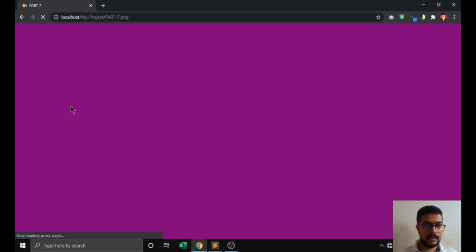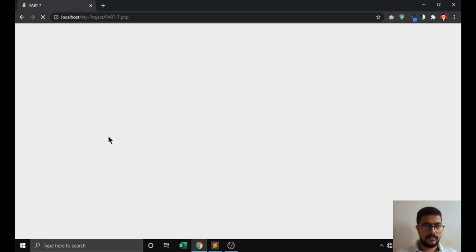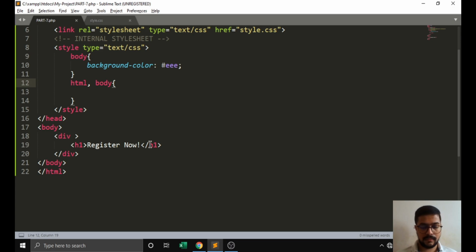If we pass one h1 tag here, you can see there is some padding and margin, which is the default margin and padding for these tags, like h6.